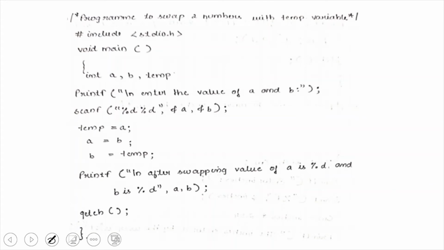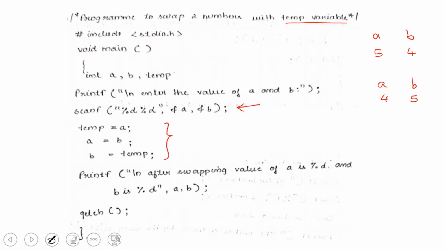Next program is to swap two numbers using a temporary variable. So if in the question a temporary variable is allowed, then you can use it. So swapping means if A contains the value 5 and B contains the value 4, once the program is over, A should contain the value 4 and B should contain the value 5. So you are basically exchanging the values. This is the main step. First of all, the user is prompted to enter two numbers. For example, let us enter A as 5 and B as 4.